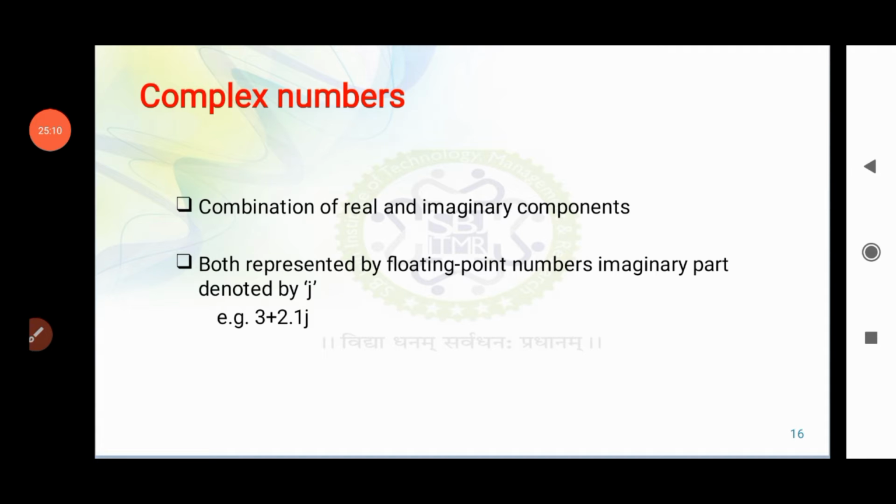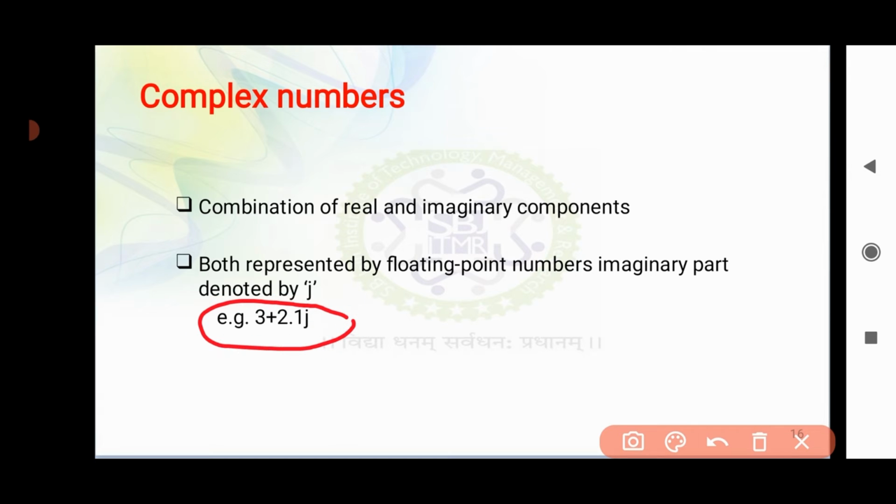Here we have another new data type provided by Python, that is complex numbers. Now what does the word complex stand for? If you remember, we have already learned this type of number in algebra in school, right? Complex is nothing but the combination of real and imaginary components, which are used in equations. Let us consider an example, 3 plus 2.1j.